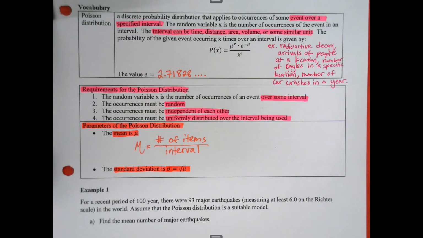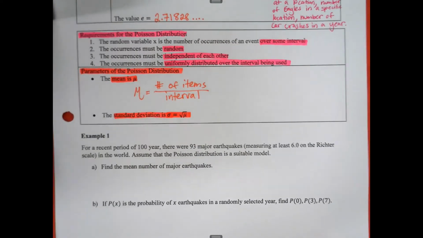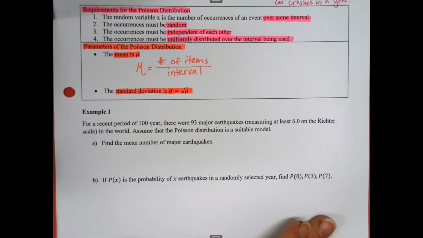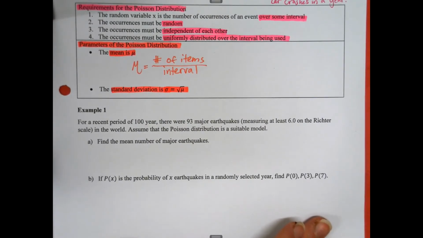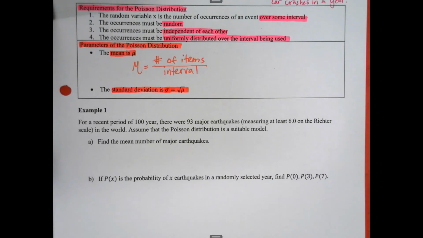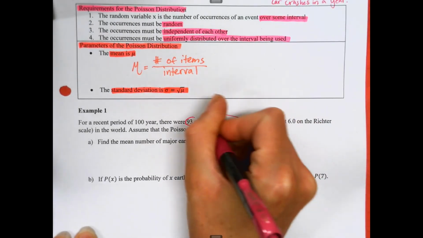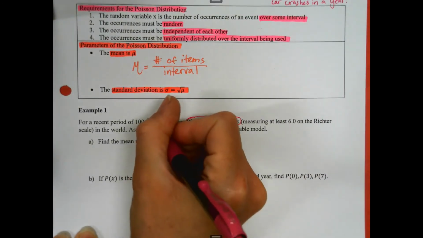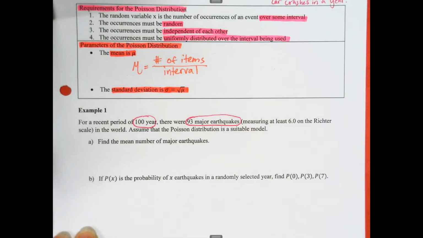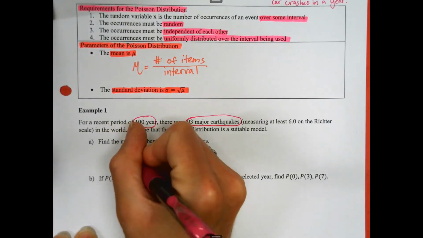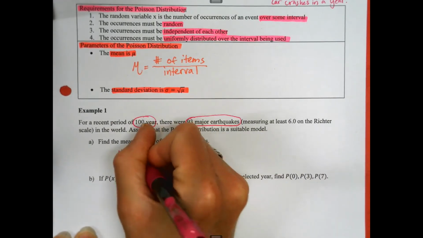It says here, for a recent period of 100 years, there were 93 major earthquakes, measuring at least 6.0 on the Richter scale in the world. Assume that the Poisson distribution is a suitable model. Find the mean number of major earthquakes. Well, we need to know the number of items and divide it by the interval. The number of items or occurrences in this case was 93. And the interval was 100 years. So the mean is going to be 93 over 100,